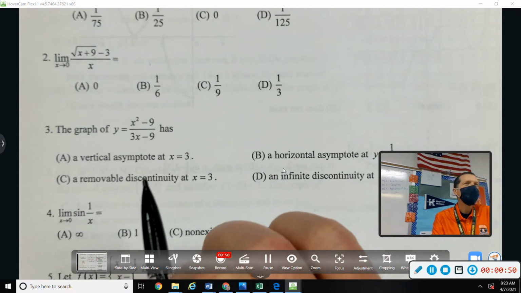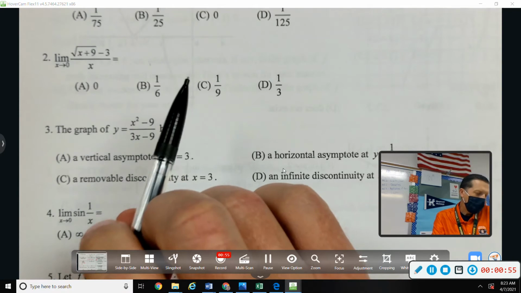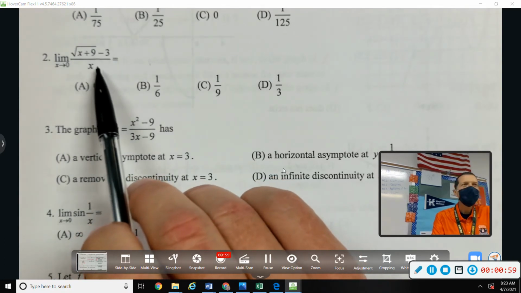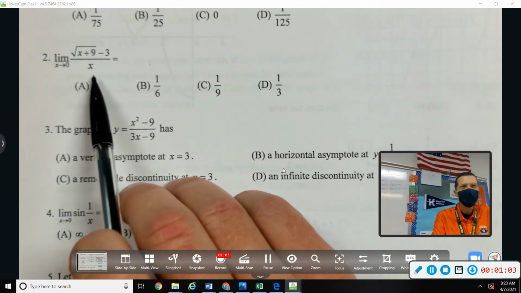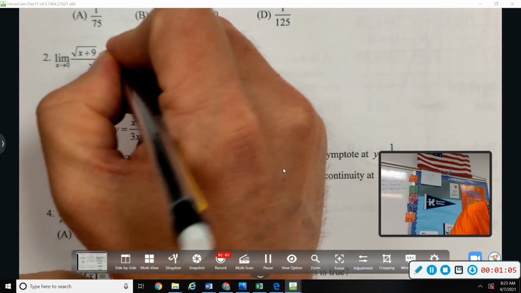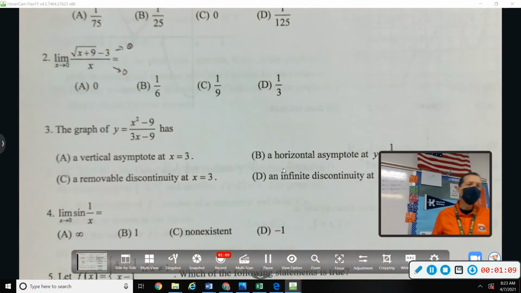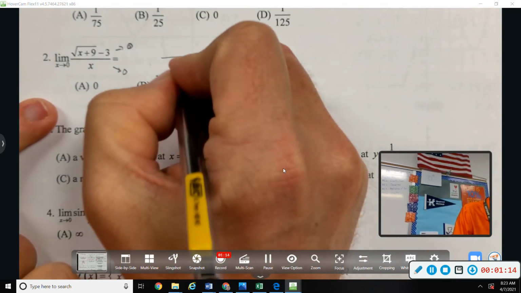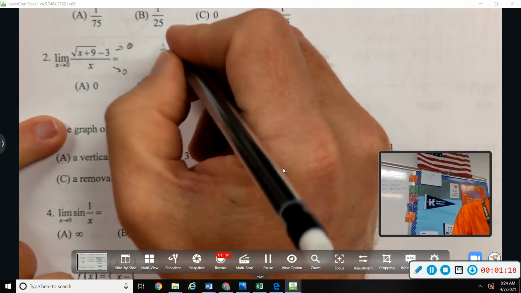Which way did you want to do it? Conjugate. One vote for each. I think L'Hopital's might be easy because the derivative of the bottom is just 1, so that'll be easy. So let's try L'Hopital's and see if it works for us. Because we get 0 over 0, we'll try L'Hopital's. Derivative of the bottom is 1. Derivative of the top